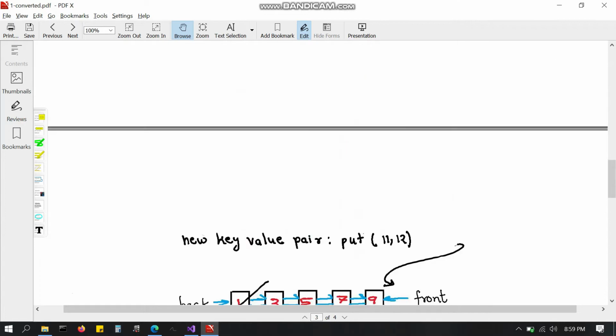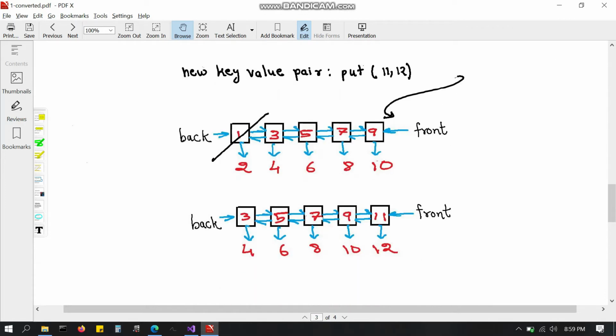Now what happens after we enter the key value pair 11 comma 12? The most recently used position is right now 9 comma 10, and we need to add 11 comma 12. So the least recently used position, 1 comma 2, has to be popped, and 3 comma 4 and the rest of the key and value pairs move back.